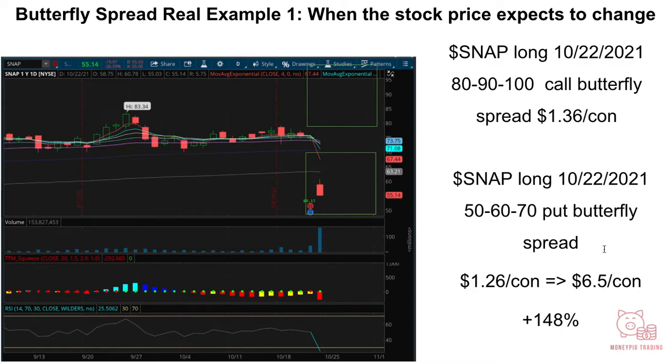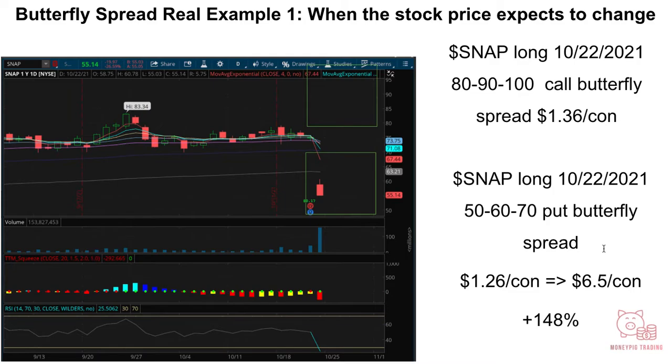We lost 100%, but the long call butterfly spread, we actually make about 500%. But adding together, we make in total 148% on this butterfly spread lotto strategy. So really good risk reward, fairly suitable if we're expecting a really big stock price move or a crypto